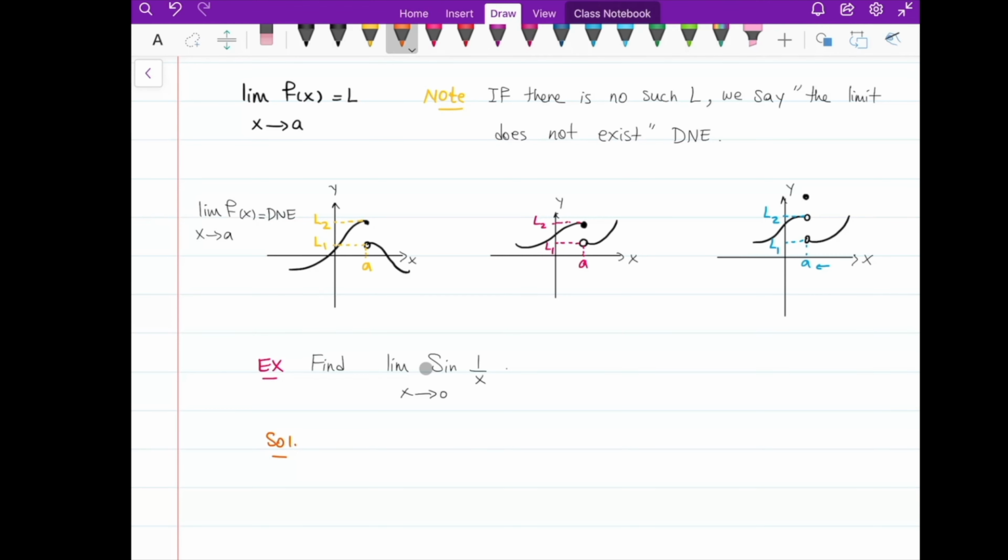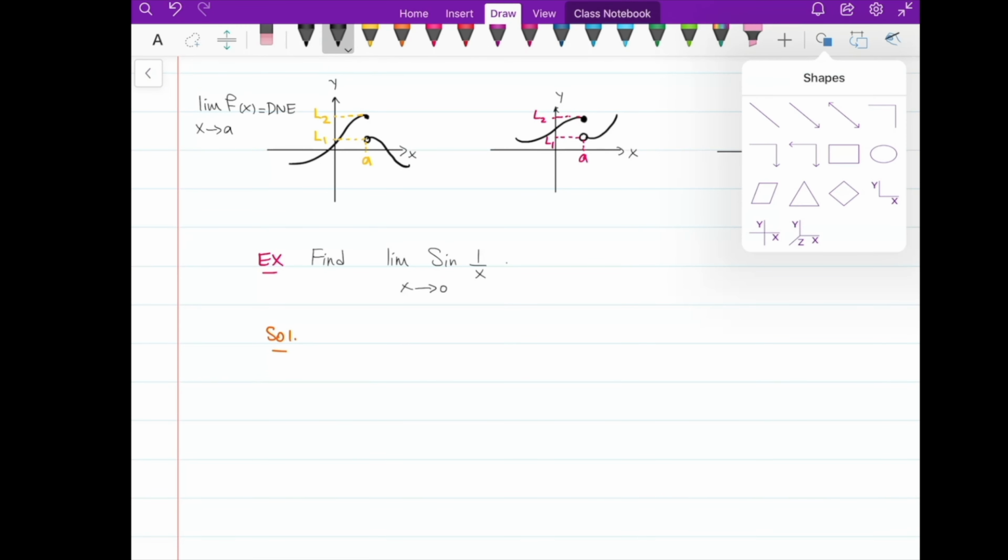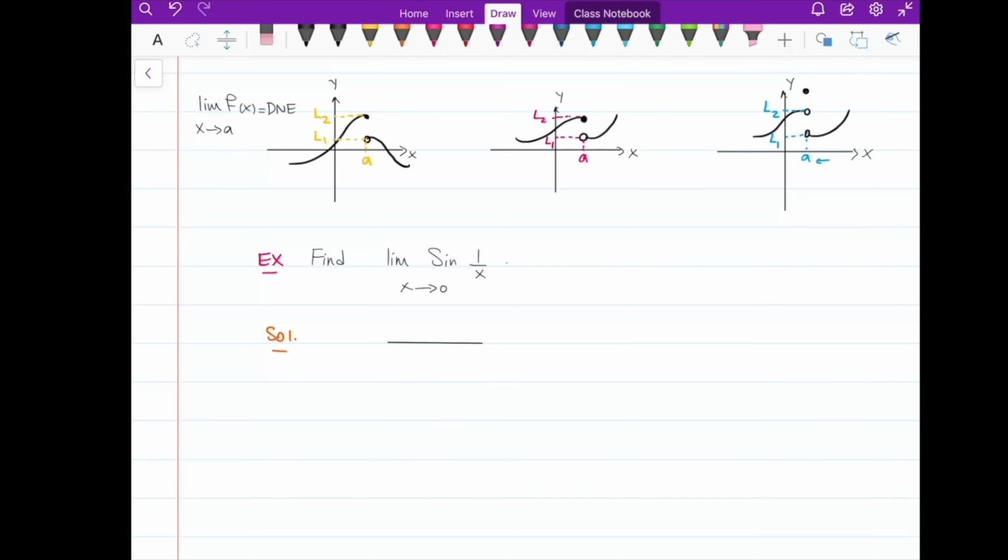We haven't learned algebraic limit laws, so I'm going to use the table, and then I'm going to use the graph for it. Let me use the table first. I'm going to find the value of the function at different points. So the first is using a table,